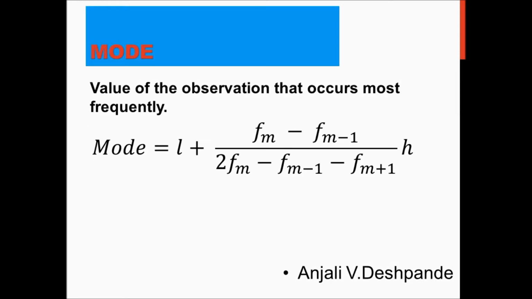Now we are coming to the next type of positional average, which is called the mode. Regarding the mode, the definition is that it is the value of the observation which occurs the most number of times, that is, occurs most frequently in the data, or the point or class mark with the highest frequency. Now this concept of mode is of great use to large scale manufacturers of consumable items such as ready-made garments, shoemakers, etc.